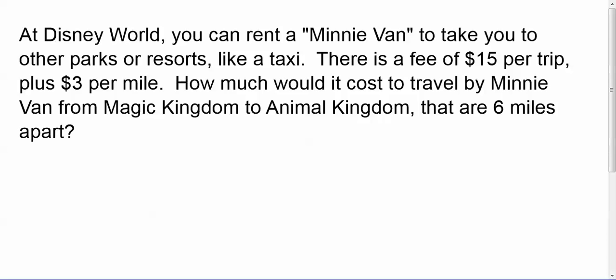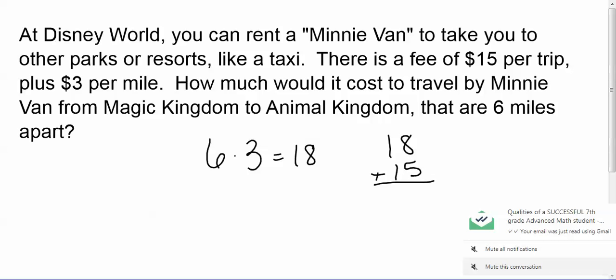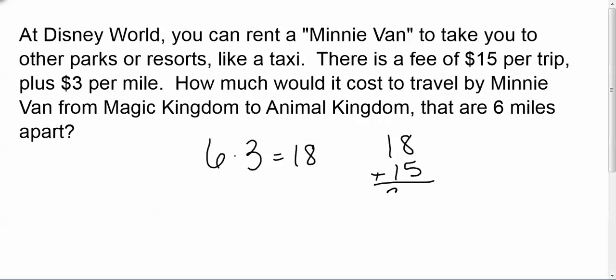$18. Very good. So she said you're going to take 6 times 3. That's going to give you 18, right? What else do we have to pay? It's not just going to be $18. Troy? What's the fee? Plus the fee of $15. So we're going to take 18 plus 15, and what's our total? 33. Very good. So $33 is your answer. Raise your hand if you had $33. Woohoo! Nice job, guys. So another thing I want you to write down is how we would write this as